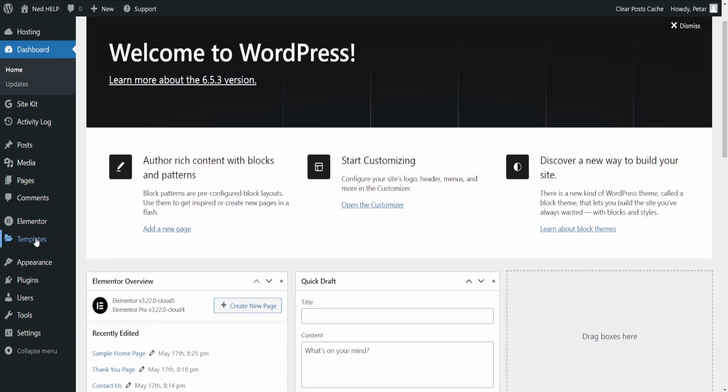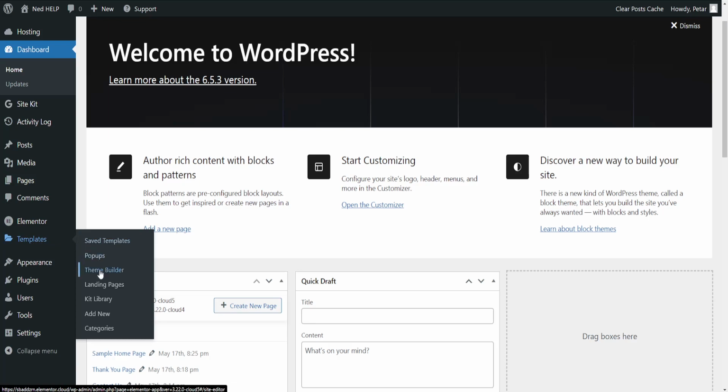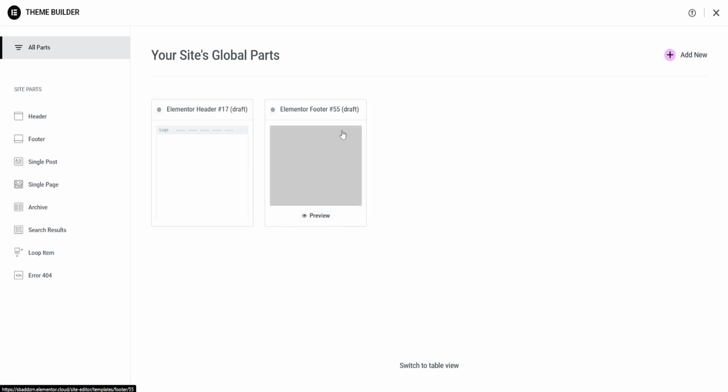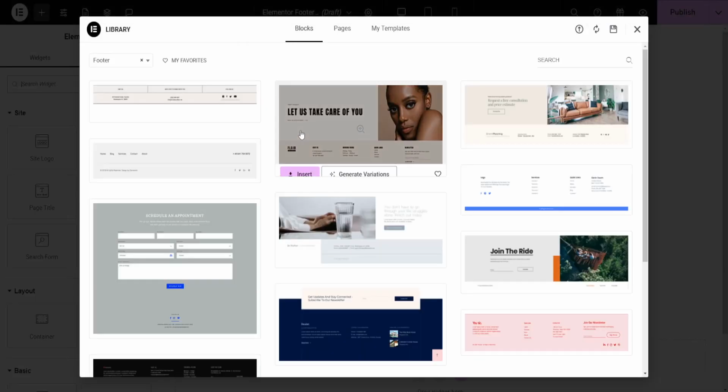And what we want to do is hover over Templates and then go to Theme Builder. So from the Theme Builder page here, you will be able to see that I've already created a footer, but from the side parts here, you will be able to add a footer. So click on this plus sign next to footer and it's going to actually give us some templates for footers